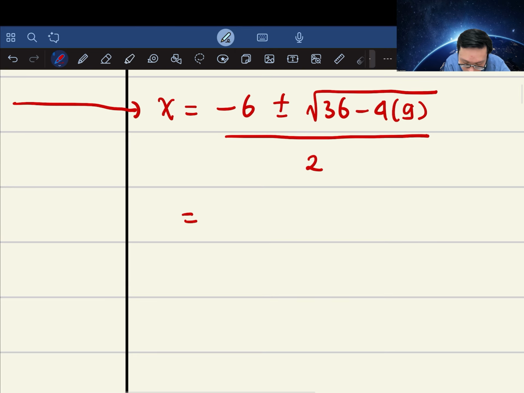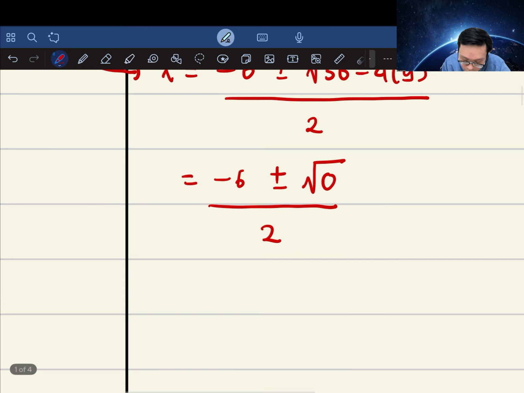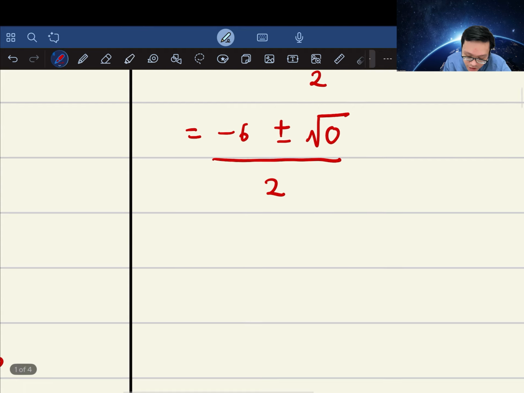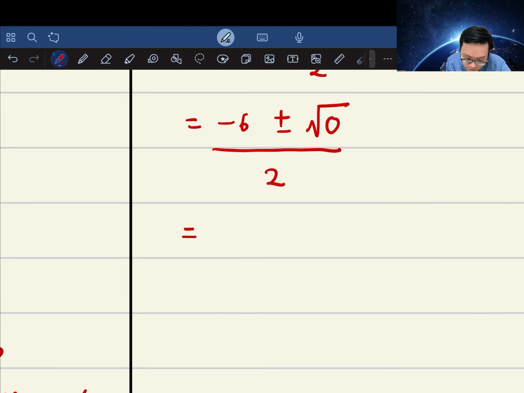Now for this case, you get plus minus square root of 0. So it's just plus minus 0, which doesn't really matter whether you take plus or minus because it will be 0. So it turns out you get minus 6 plus minus 0 over 2,